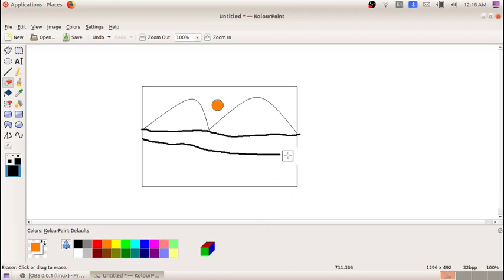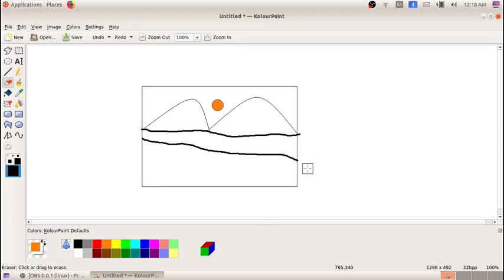Okay, so I am going to show you again. Just click on the eraser tool and you just click and drag inside the picture. Click and drag inside the picture so you can erase it. Now if I want to retrieve, I want to go back to the previous step, what I have to do? Yes, I can click on undo button, so it will go back to the previous step.